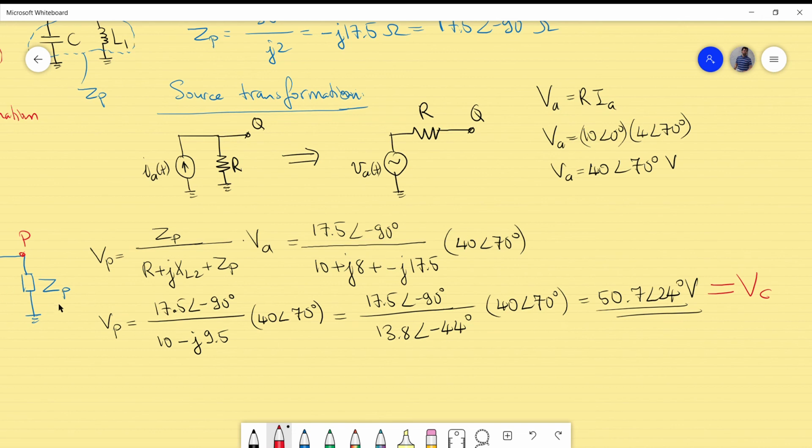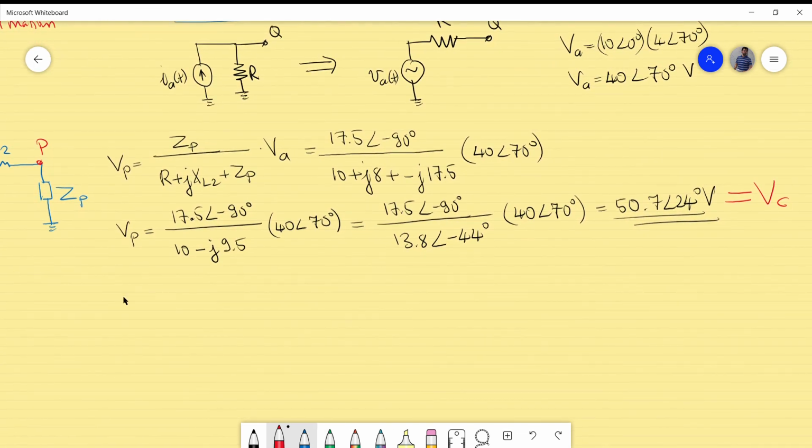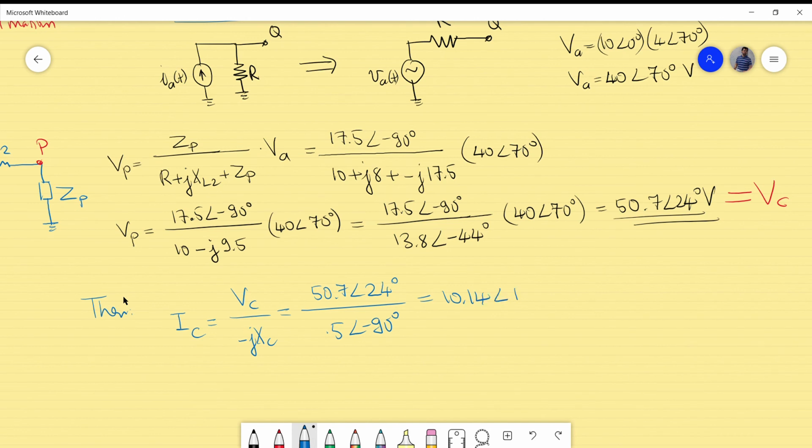Now the capacitor, because it is the combination of the capacitor and the inductor here, and the capacitor is in parallel, so we have the capacitor voltage also. Then we can now say the following. I can say that IC, which is VC divided by minus jXC, that's just the reactance of the capacitor, will be 50.7 phase 24 degrees divided by, and if I now convert this directly in the polar representation, will be 5 phase minus 90 degrees. So what do I have is 10.14 phase 114 degrees, of course in amperes. And this is the situation due to IA